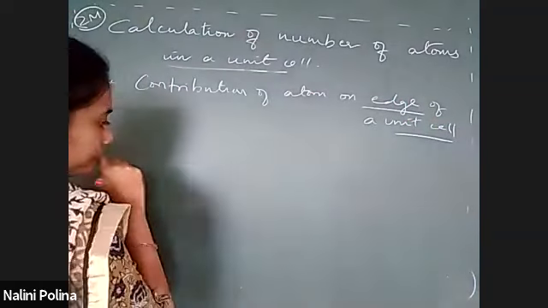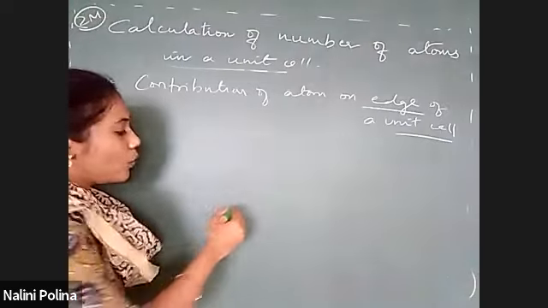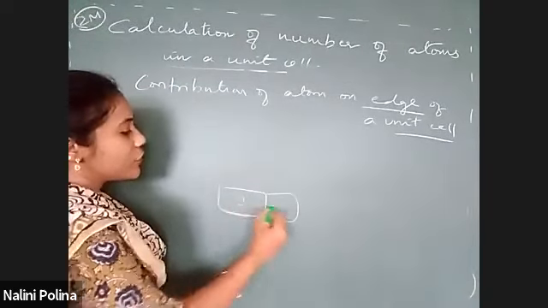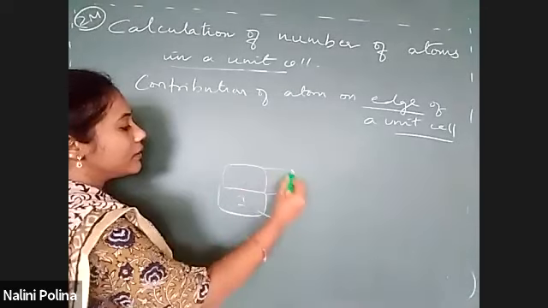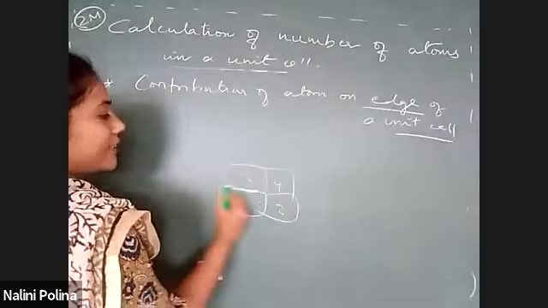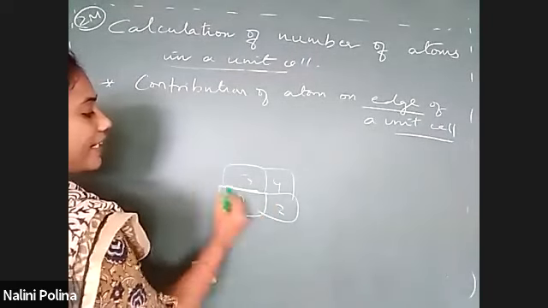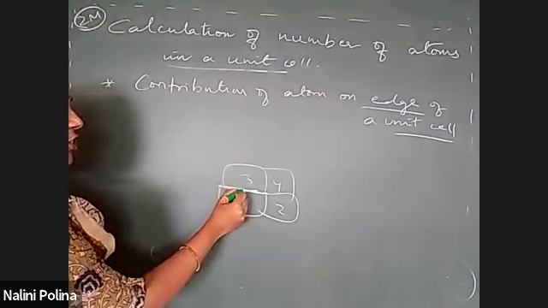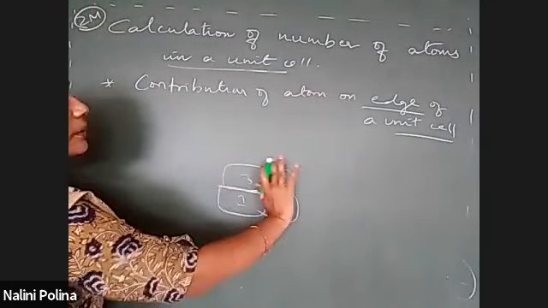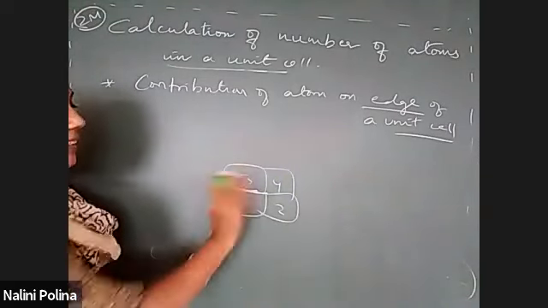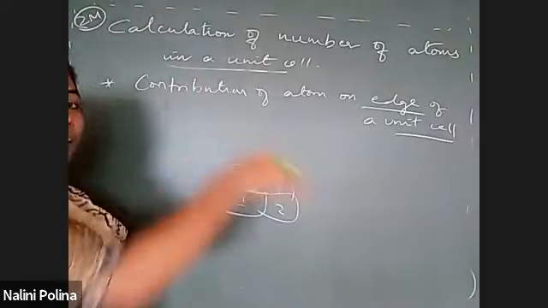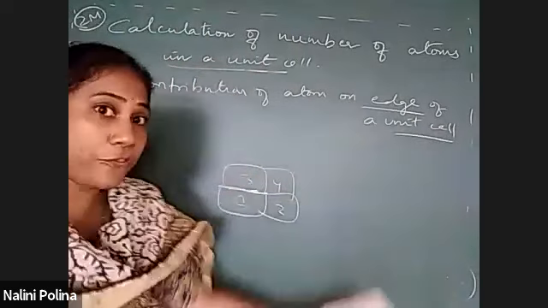Okay, fine. See here, this is one room, this is another room, first room, second room, third room, fourth room, right? If you take this edge, this is the edge I'm taking. This is the edge of this unit cell. The edge is common for the first room and third room. And above this there is another floor, right? Above this there will definitely be another floor. Say on 4 unit cells there is another 4 above, and another 4 above that, like that the full lattice is formed, right?